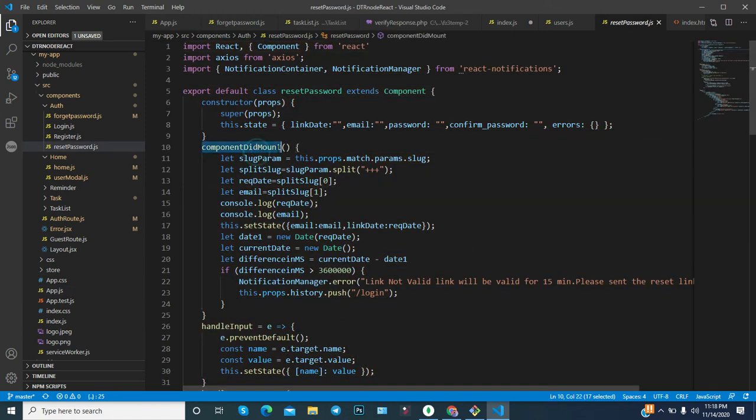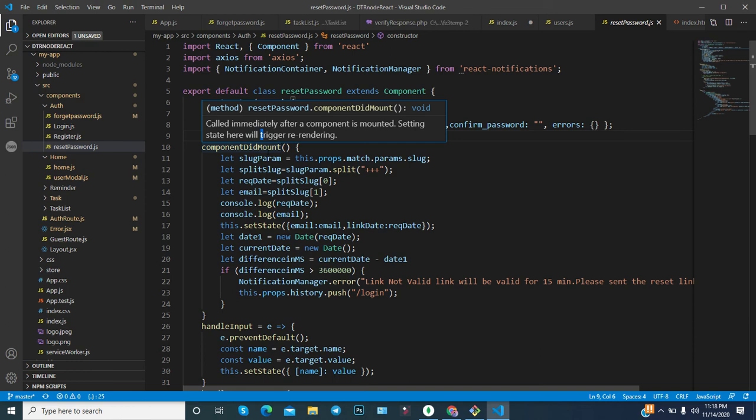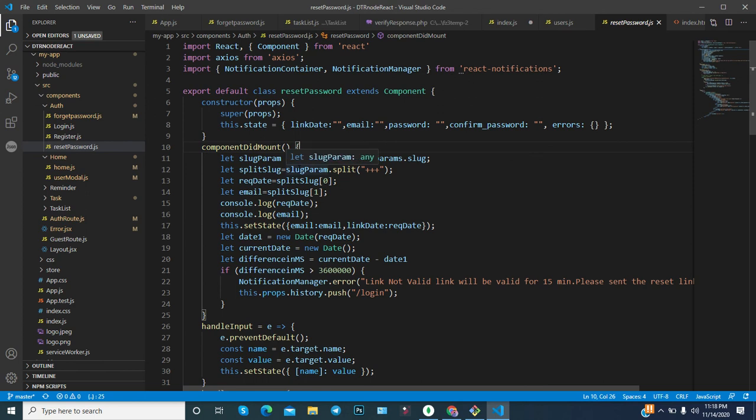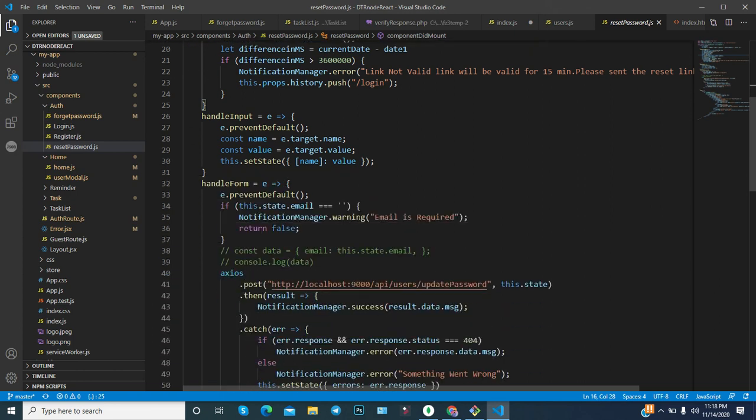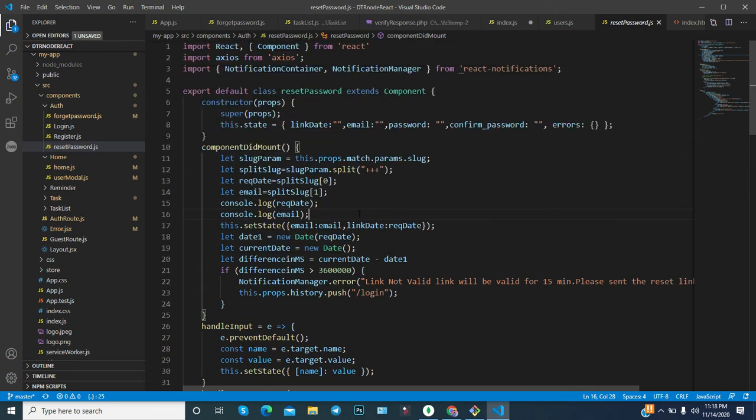Now, componentDidMount. As you know, you can utilize componentDidMount, and componentWillMount you can also use, but componentDidMount is the best place to initiate an API call to get data. I already talked about these things.